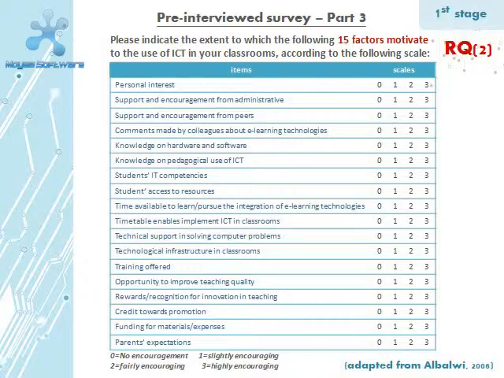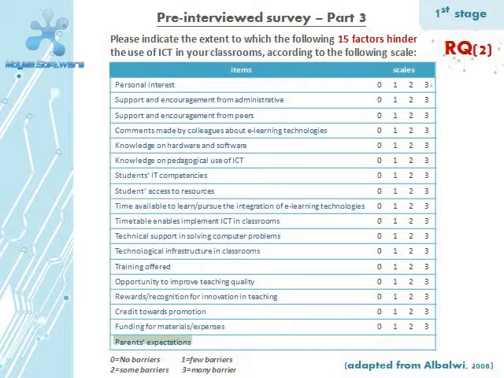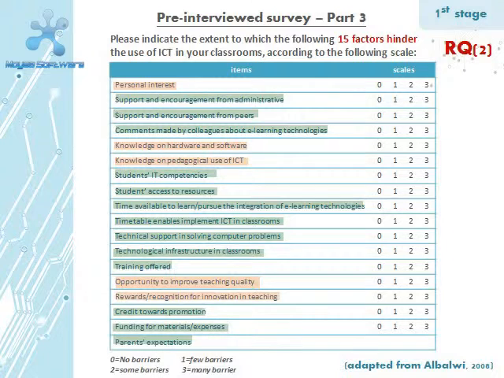I've made several amendments to the original list. In a word, I've aligned all items of the 2 tables and the Likert scale of the original one in order to facilitate easier comparison between the 2 in the data analysis stage. Teachers will be asked to rate different factors facilitating and hindering the use of ICT in classrooms. The items can be classified as either intrinsic or extrinsic factors for further study.